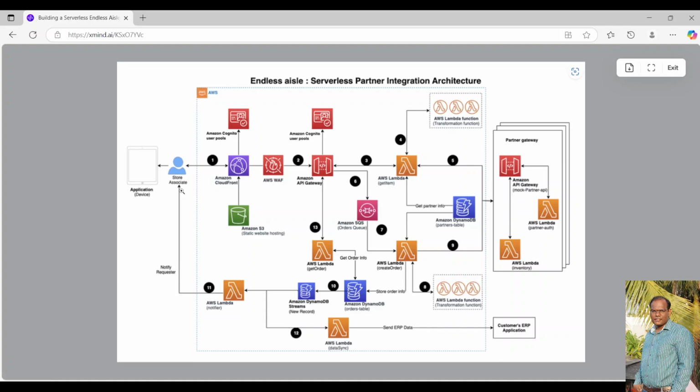All right, and one final step, there is one data sync Lambda here that you see, right? So this data sync Lambda now updates the customer's ERP application. This is the one that keeps track of orders, inventory, how many sales happen, and all that. So this is a high level overview of how an endless aisle serverless partner integration architecture like this one